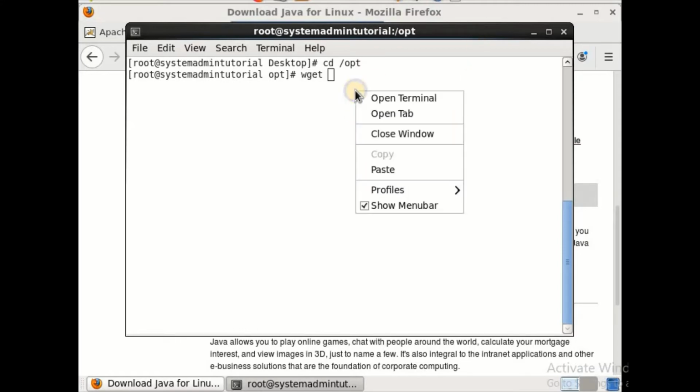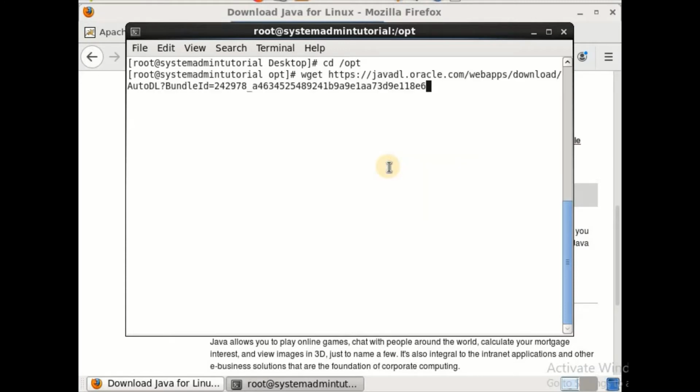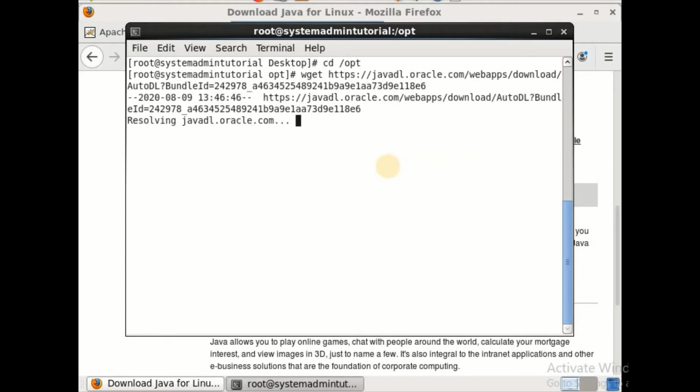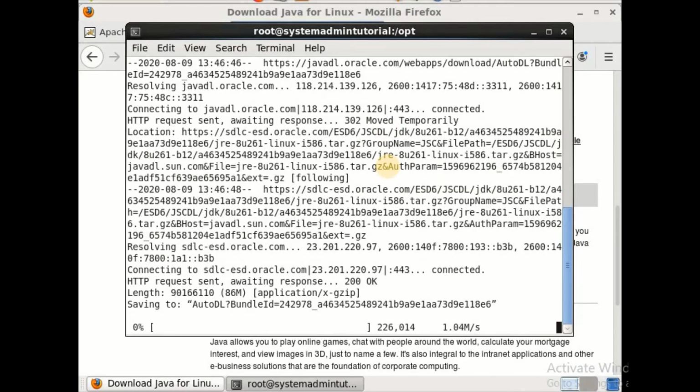I'm changing the directory to opt, where I will keep the Java file. It is downloading, 24% completed.